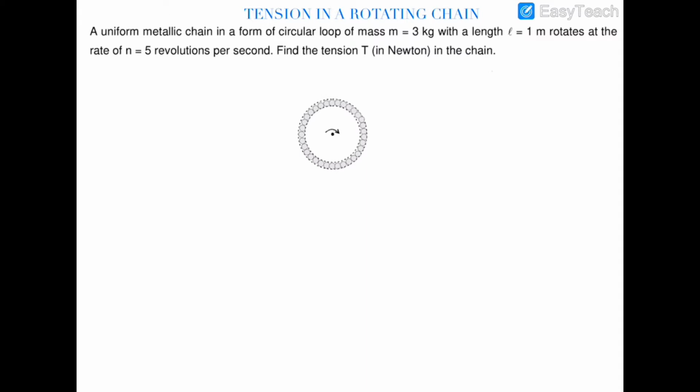So first of all, let us assume that there is a small element of this chain, this element is making an angle of d theta. So there would be a force of m. Let's suppose the mass of this element is dm. So dm r omega square, and to balance this force, the tension will be developed, and this tension will balance out this force. So we have to draw this diagram, and I'm amplifying this diagram.